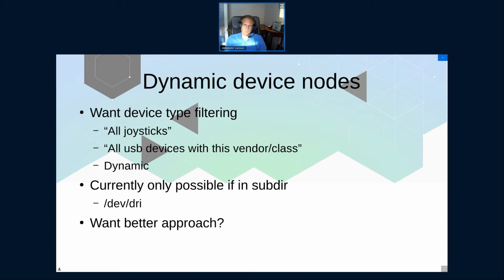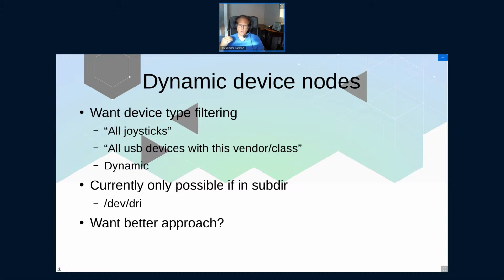Here's another thing that I sometimes see people wishing for. They want to grant access to all the joysticks to the sandbox, or some kind of USB device, some kind of device basically, and they want this to be dynamic. So if you plug in a joystick afterwards, you would grant access to that thing later.